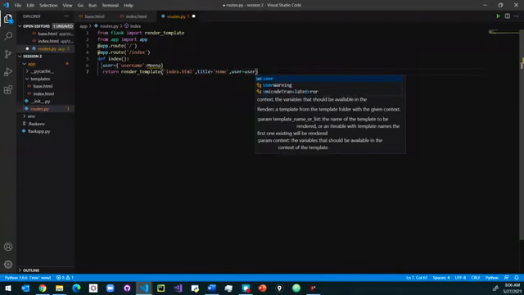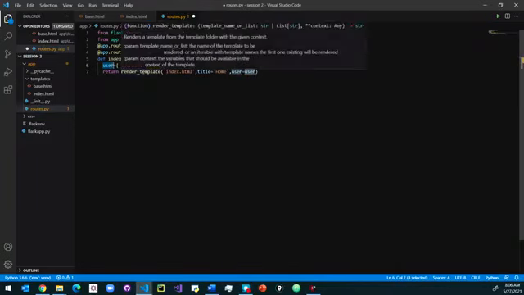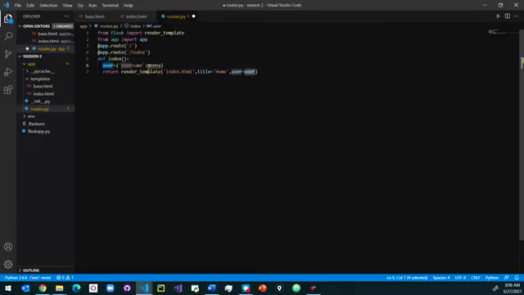So what is user? User is the variable. Whatever we are passing here will be passed to the index.html through Jinja. So this should be in string. Okay, save.